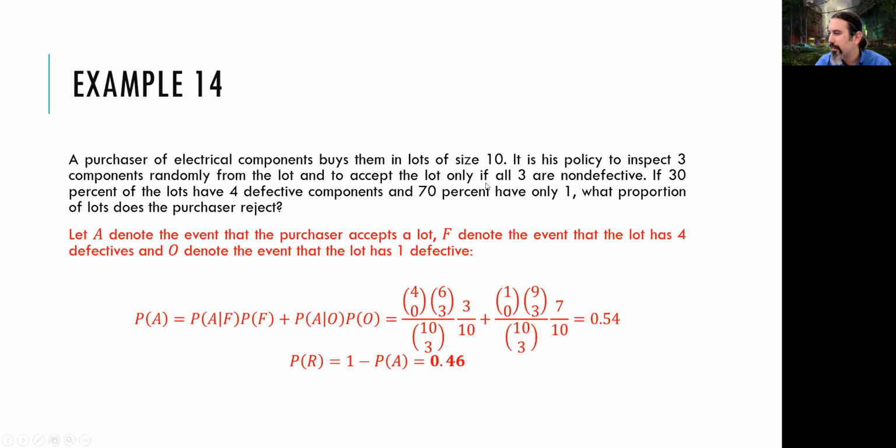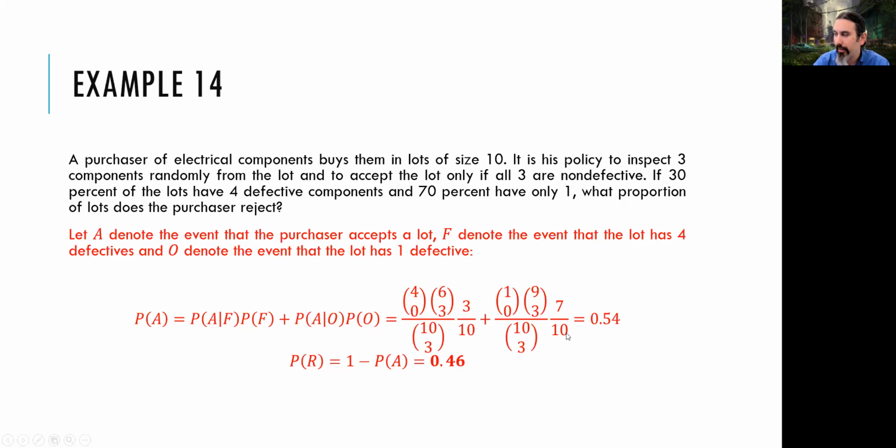Oh, sorry, this one says that there will be no defectives. Okay, not one defective, but no defective at all. I mixed up the question, sorry. But still, in here, as you can see, we want to find all 3 picks are non-defective. So we are looking for 0 defective items, which here corresponds to 0 items out of 4 items, 3 items out of 6 items. These are the non-defective ones, the working ones. And this 3 out of 10 is the sample space. So this one is picking 0 defective from a box where 4 items are defective. And this is the probability of choosing that box. As you can see, it's 30% of the lot has 4 defective items.